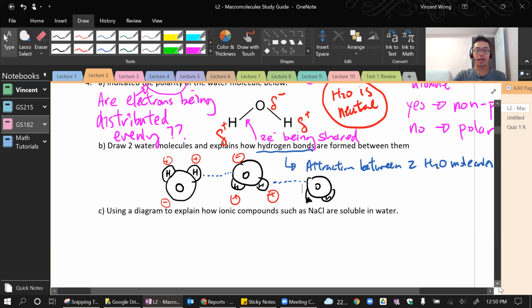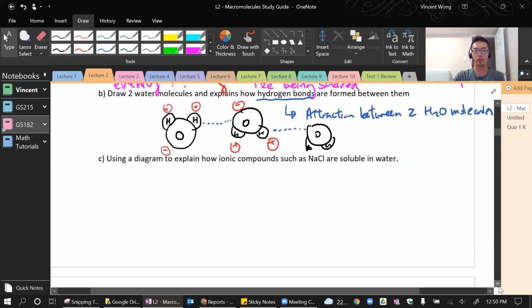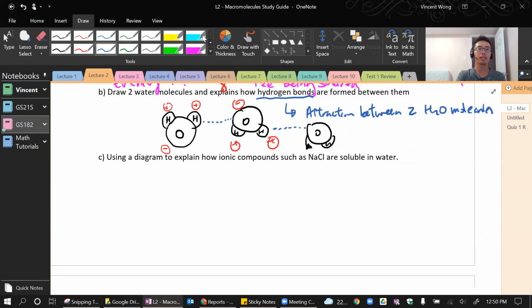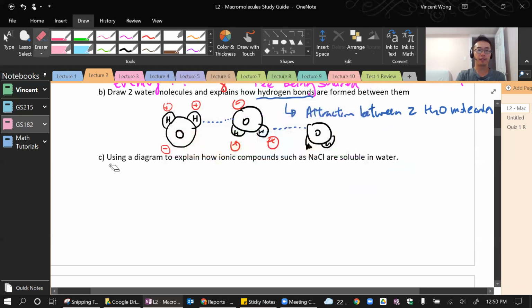Use a diagram to explain how ionic compounds such as NaCl are soluble in water. Soluble means it's able to dissolve in it, right? So if you have solid NaCl, you take some salt from the kitchen and then you add water to it. What's going to happen is the NaCl will dissolve. And when it dissolves, what that means is it will dissociate. That's what it's called. Dissociate into Na+ (aq) and Cl- (aq). Aq means aqueous, which means dissolved